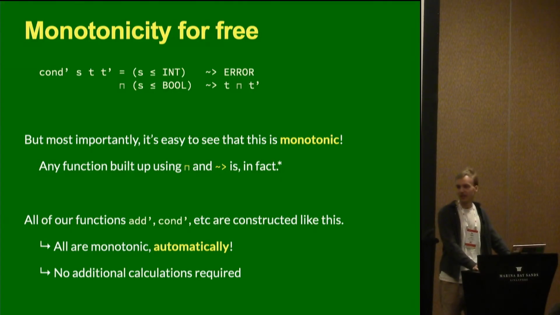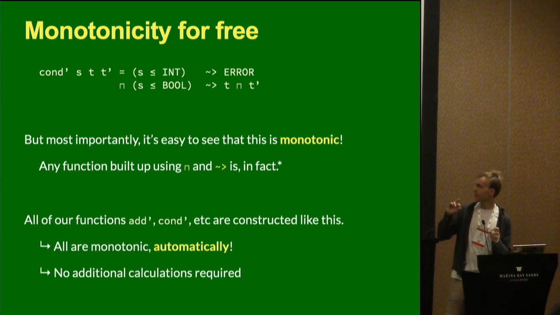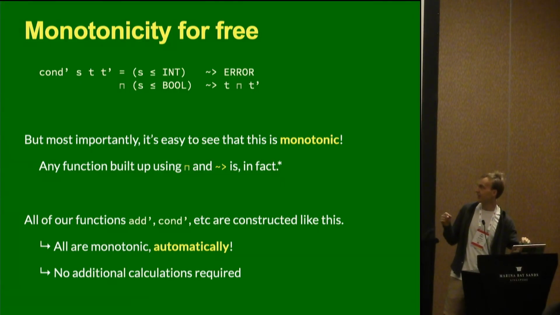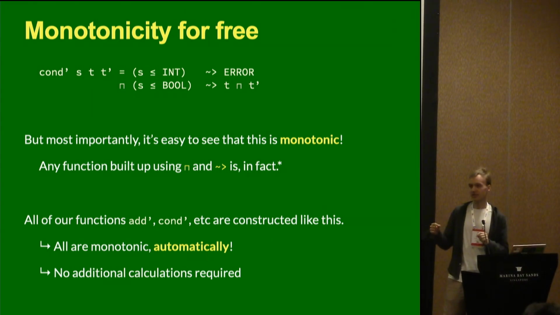For some intuition as to why this is the case, think of these clauses, these wobbly arrow clauses, as firing or not firing based on their condition. So for this to be monotonic, that means that if I have an s prime smaller than my s, then my con prime applied to that s prime should be less than applied to s. And you can see here that if I take an s prime which is smaller than my s, then at least the same clauses are going to fire